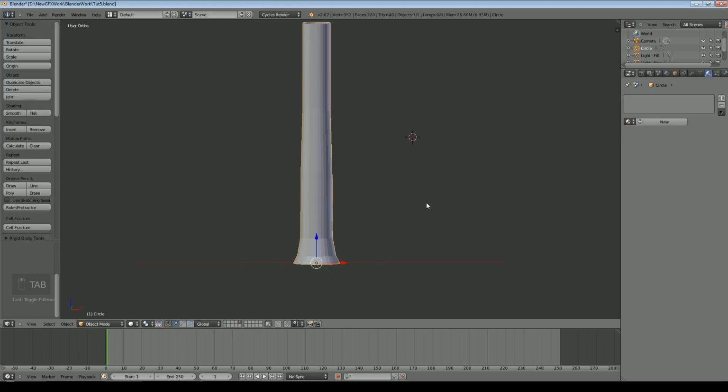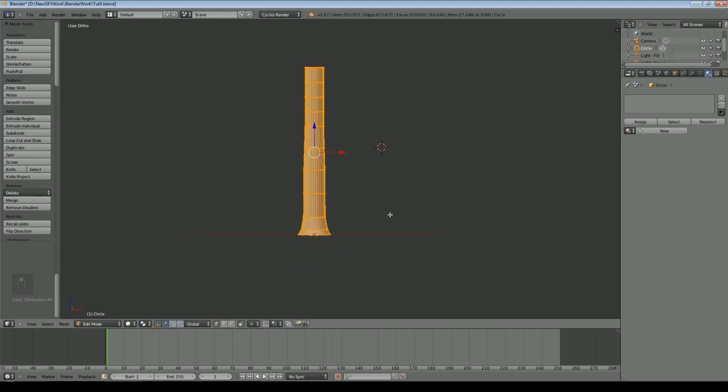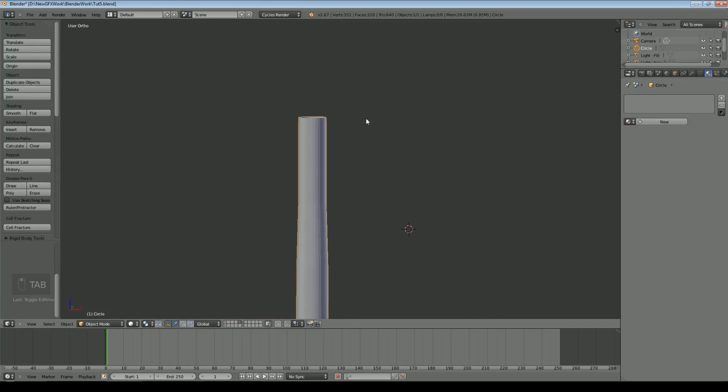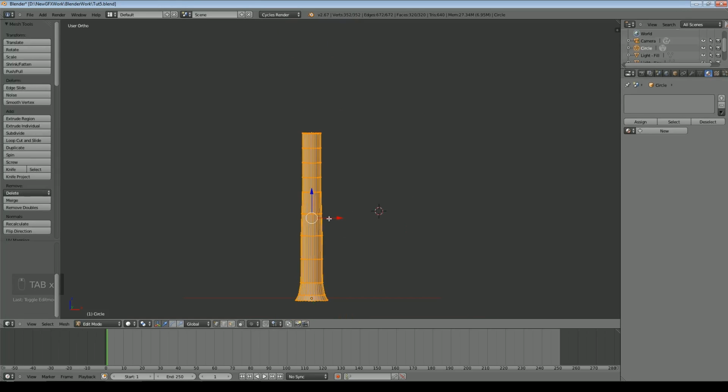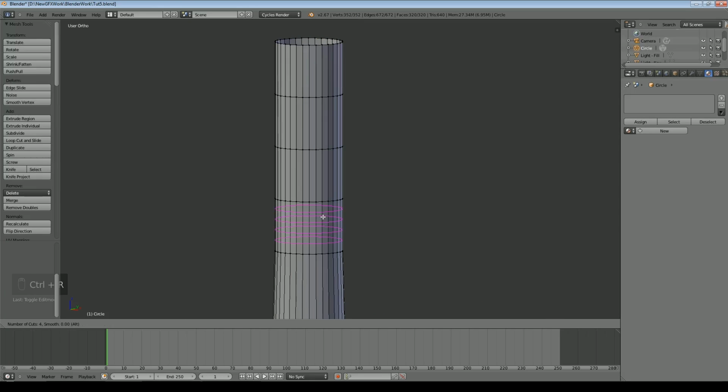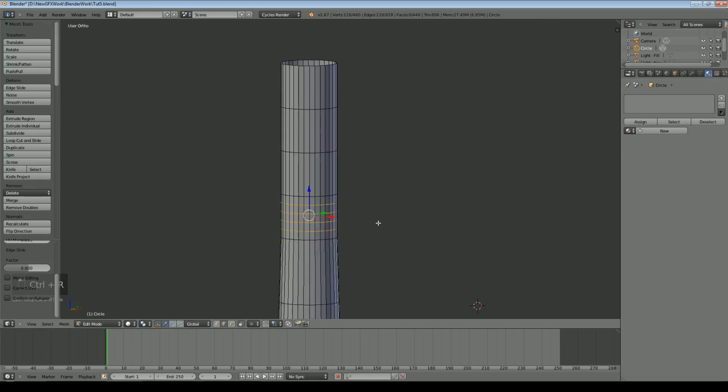If we go into edit mode, in fact I'm just going to lower it slightly because that yellow dot, I want that to be at ground level when we put this tree there, and I want the base of the tree just to be slightly underneath the ground so there's no gaps. So now we can come up here somewhere, we might see this sort of layer, and what I'm going to do is add a few more loops just about here. We'll go to face select mode,